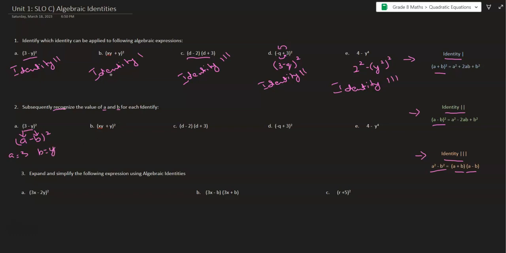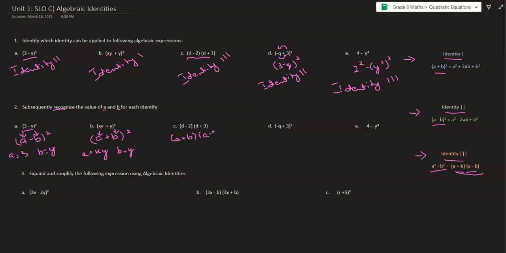Similarly, there's identity 1. Let's look at the part that is our concern. So that's identity 1, a plus b whole square. And then we have to figure out, so x and y, both of this will be equal to a. So a equals xy and b equals y. Identity 4 is basically identity 3, and this is the part of identity 3. So we have to write it here, a plus b